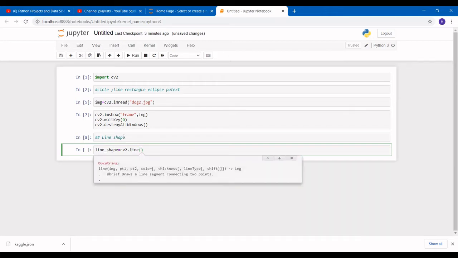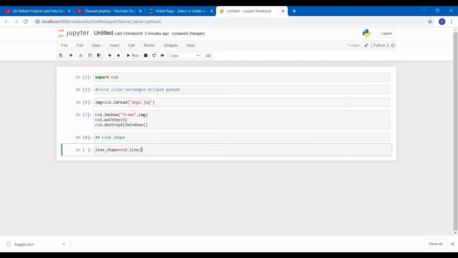If I press Shift+Tab, you can see some parameters like image, point 1, and point 2, which are nothing but our coordinates, and then the color. So we have to pass our previous image so we can draw our line on that.